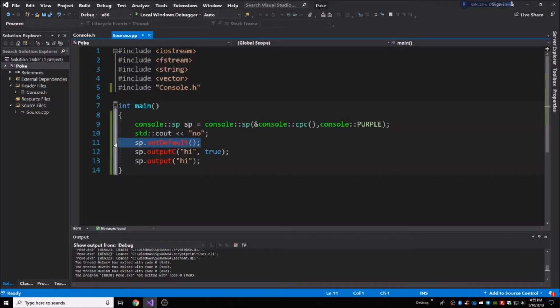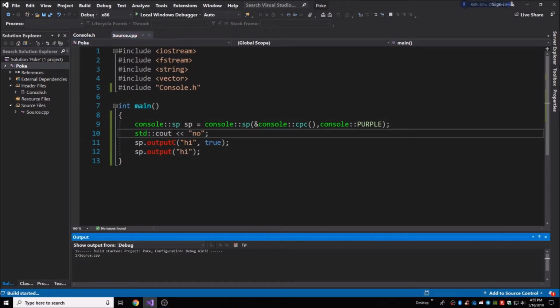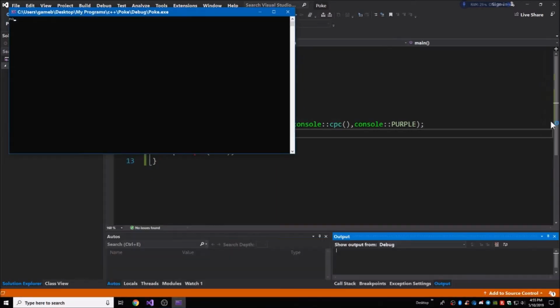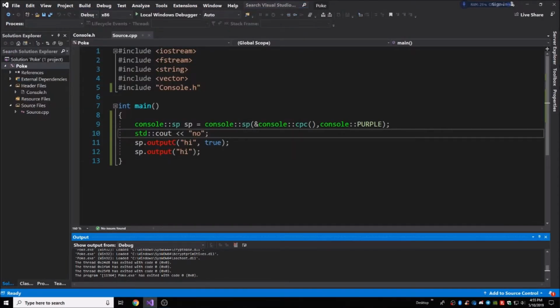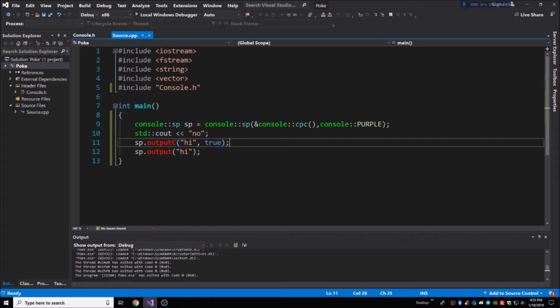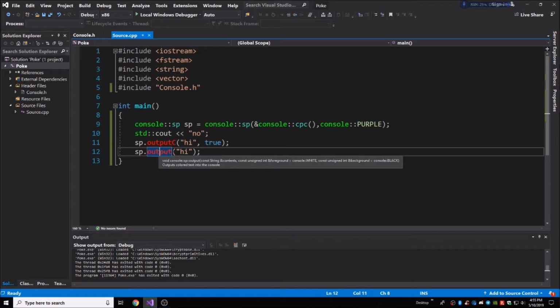Oh wait, let me remove set default. Okay. You're going to see that high, and then it's purple again. And that's how you do it. That's literally it. You don't have to worry about it anymore. And just use this every single time you want to print something out that does not use a color. But again, if you do this,